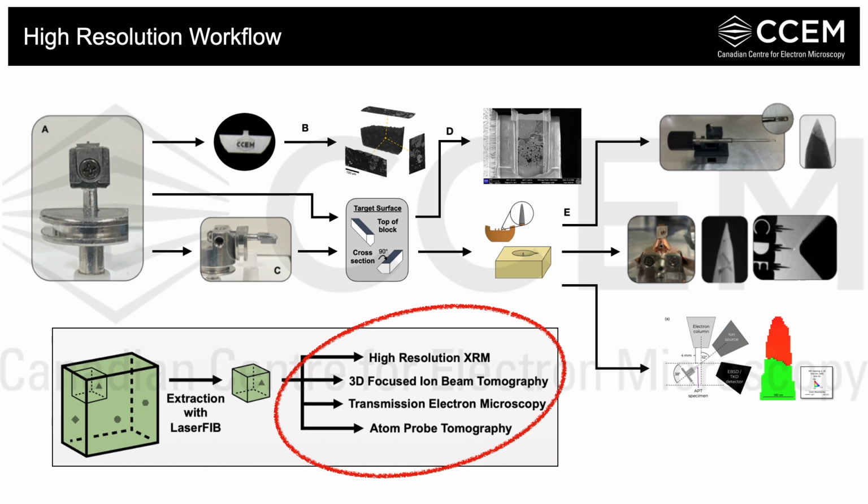So once we have our block lifted out, the goal is to be able to transfer it around the center to different instruments depending on what high resolution information we want to obtain. But to do this, we need to develop a workflow. So this schematic is an example of one that we used for our meteorite sample. And you can see that it goes across several instruments. So our XRM, our TEM, our atom probe, our FIB, and I would argue that it starts with one of the most important things, which is our ability to transfer the sample around without damaging it. Because we know that there's nothing worse than working on a sample for days just to then bump it or drop it.